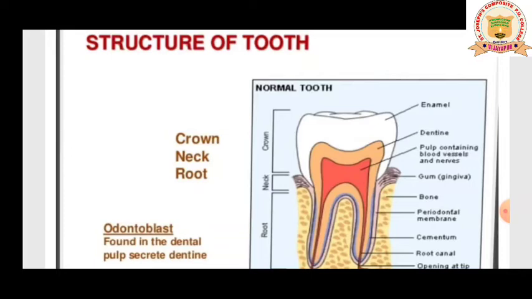Now just have a look at the structure of a tooth, consisting of enamel. Remember the 3 parts: crown, neck and root. The first part is called the crown, the next part is called the neck, and then the inner part we call the root. The crown has enamel. We usually call it the white part, which is hard, and we use it for cutting, tearing and chewing our food. Okay, fine.